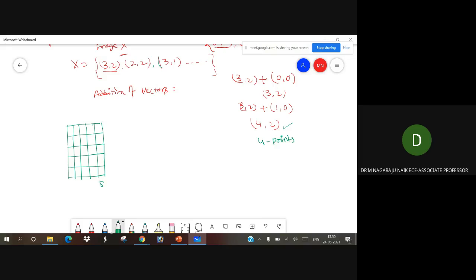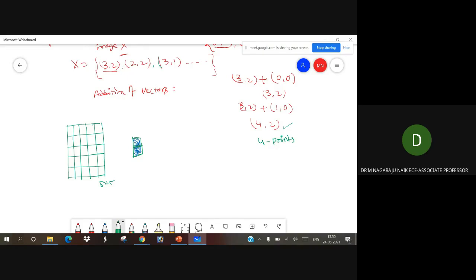Okay, it is a 5 by 5. Then take the structural element. Now the structural element is, okay.